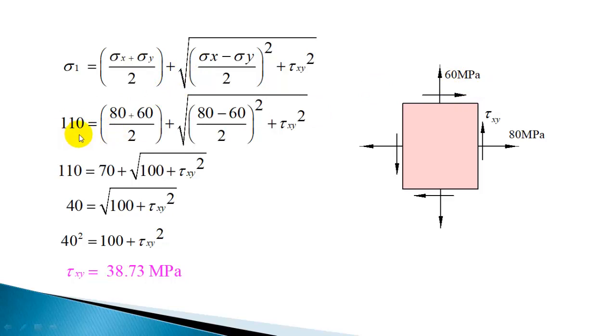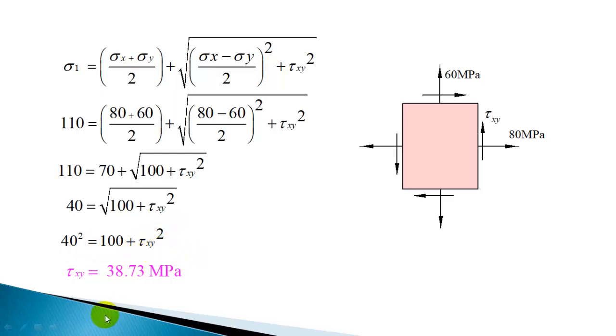So 110 is equal to (80 plus 60) by 2 plus root of ((80 minus 60) by 2) square plus tau xy square. This is unknown, so you get 110 is equal to 140 by 2 or 70 plus root of (80 minus 60 is 20, by 2 is 10) square 100 plus tau xy square, or 110 minus 70 you get 40 is equal to root of 100 plus tau xy square. Squaring on either side you get 40 square is equal to 100 plus tau xy square,